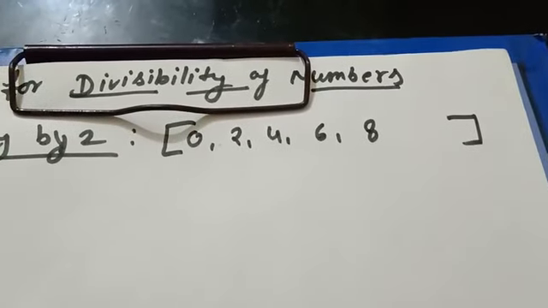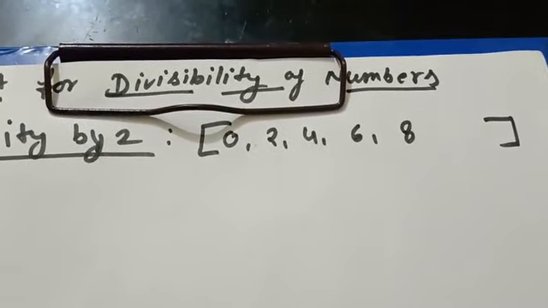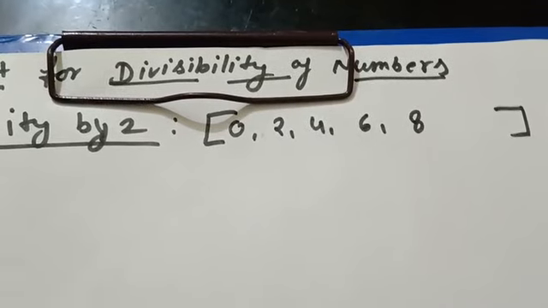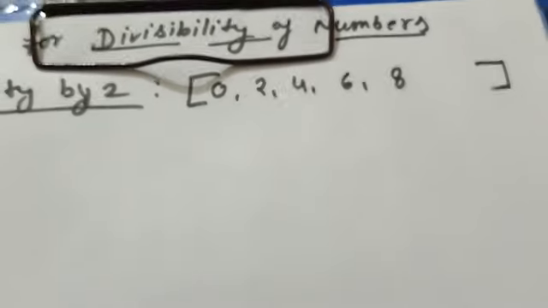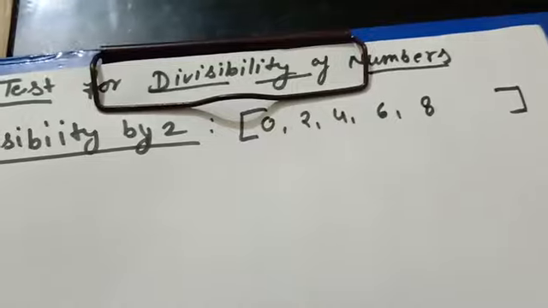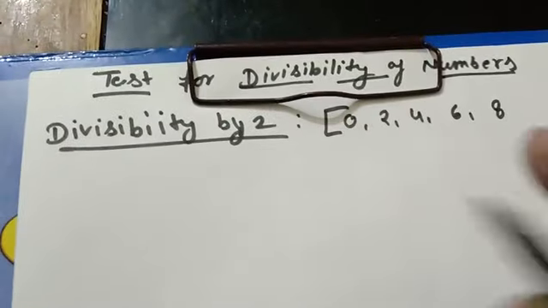According to the rule, listen very carefully: if the unit place of a number has 0, 2, 4, 6 or 8, such numbers are divisible by 2. For example,